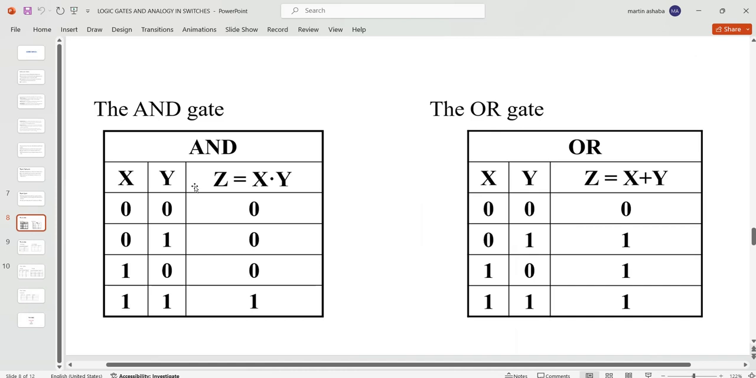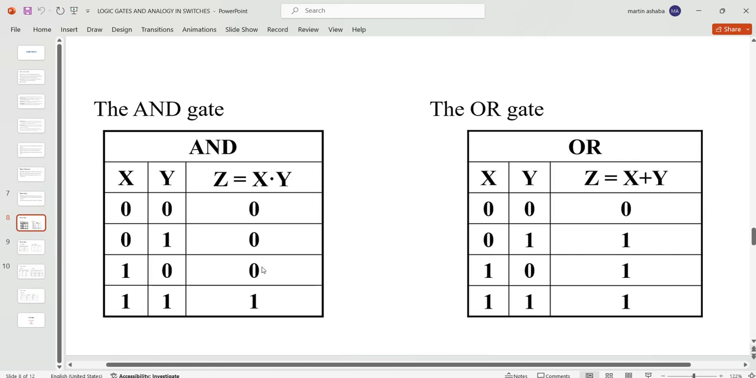So the truth table is in such a way that when all the inputs are low, the output is going to be low. When one of the inputs is high and the other one is low, the output is going to be low. When all the inputs are high, then we have a high output. So we said this AND gate works like a normal multiplication circuit where the two inputs are multiplied but